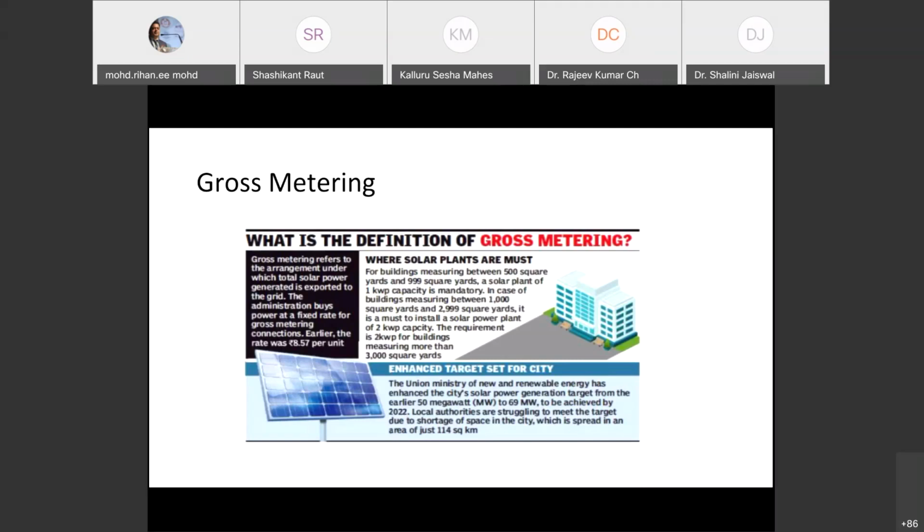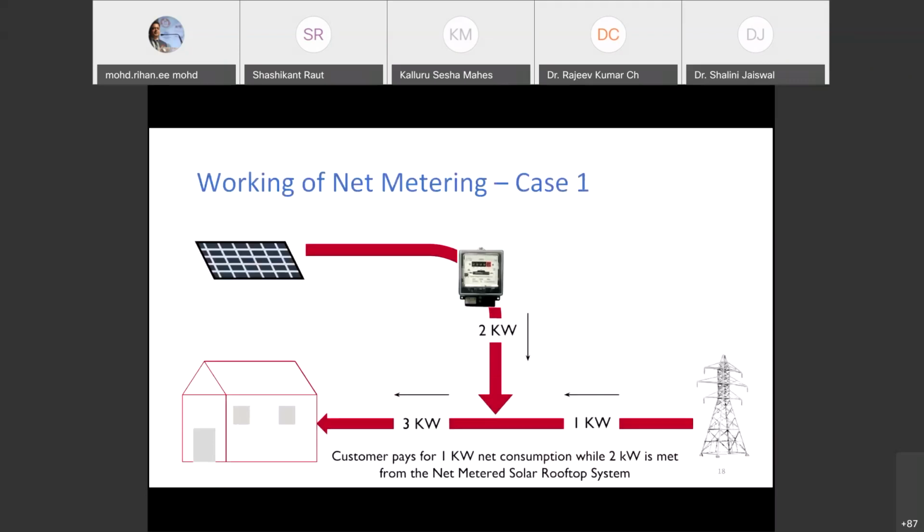This is utilized by those countries, or in that phase of development, when you want to popularize the technology. For example, some time back Sri Lanka was paying the solar PV installer twice or thrice the rate at which they were selling electricity to the consumer. So in that case,